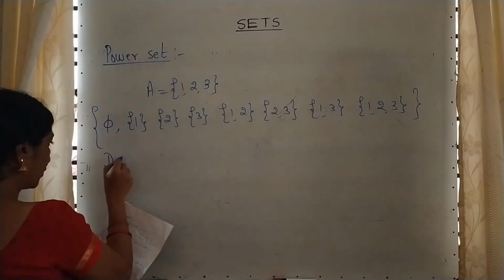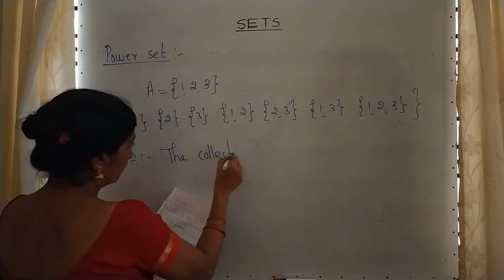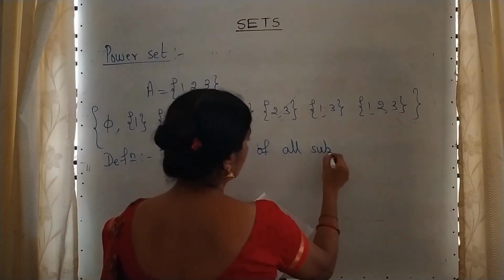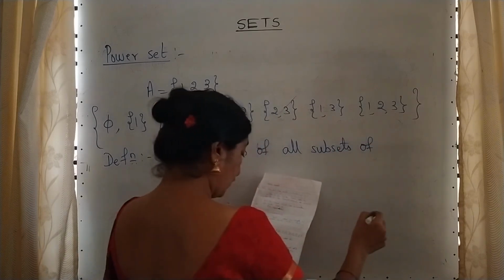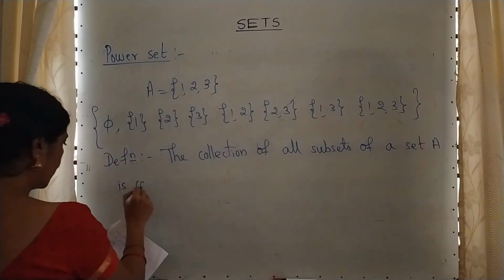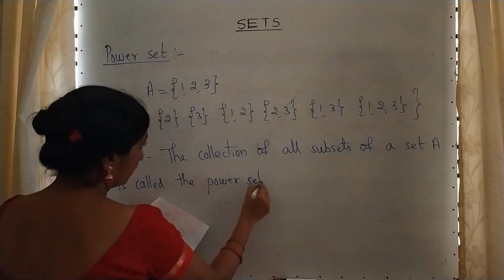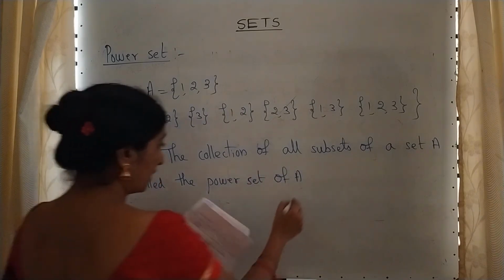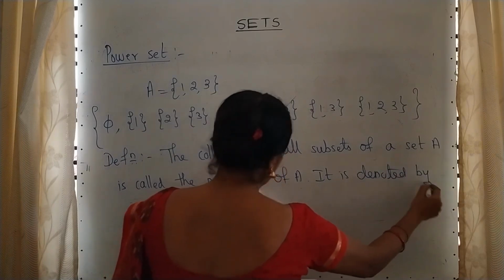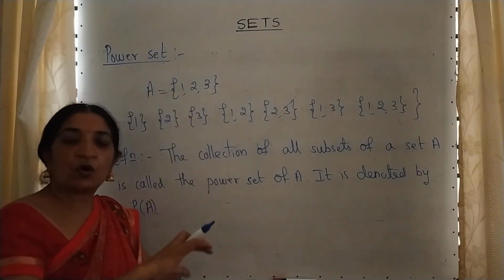So now, along with me, write down the definition. The collection of all subsets of a set A is called the power set of A. It is denoted by P of A. See, that means one set is given, you have to write all the subsets of that, and